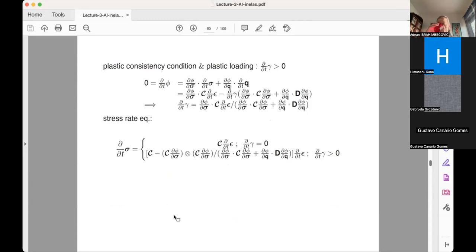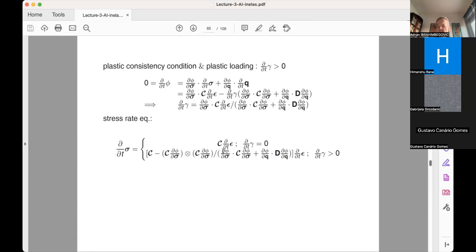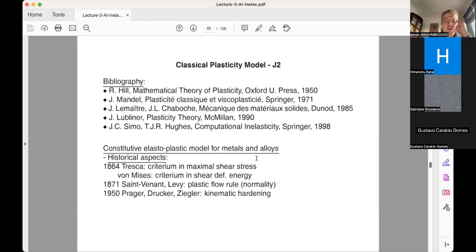You can see that the elastoplastic modulus is, let's say, a so-called rank 1 update of the elastic modulus. You have this term which is C dphi/dsigma. There's the outer product with C dphi/dsigma, and this is the scalar value which is normalizing for that. So we'll see now this for the first plasticity criteria,